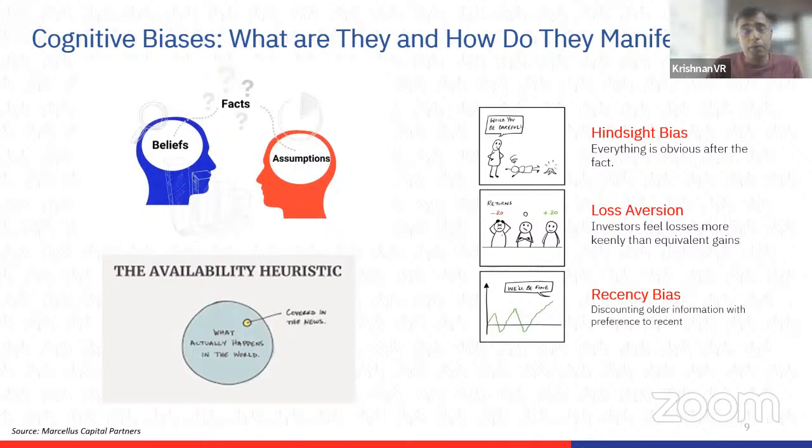Many people call them mental shortcuts that human beings use when making decisions. Even if those rules, or heuristics, might work in certain situations, they don't work in all situations. And in fact, there is a separate field called behavioral finance,